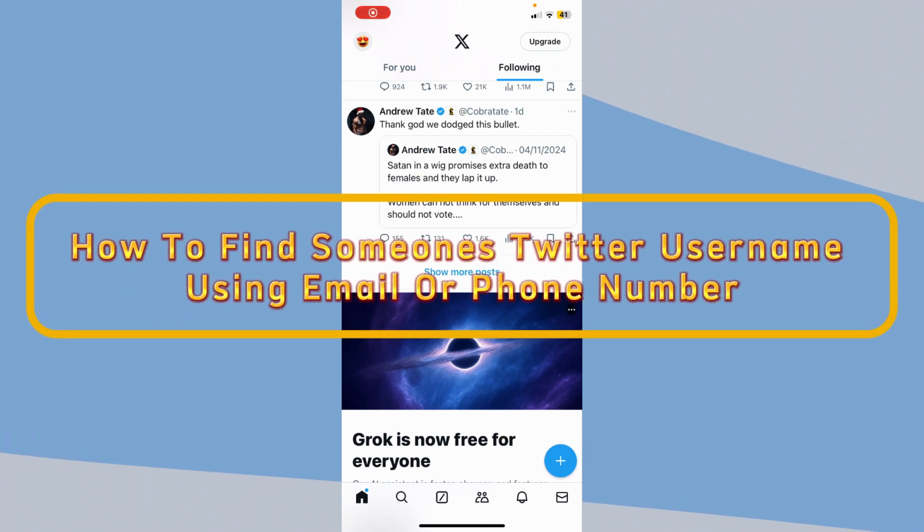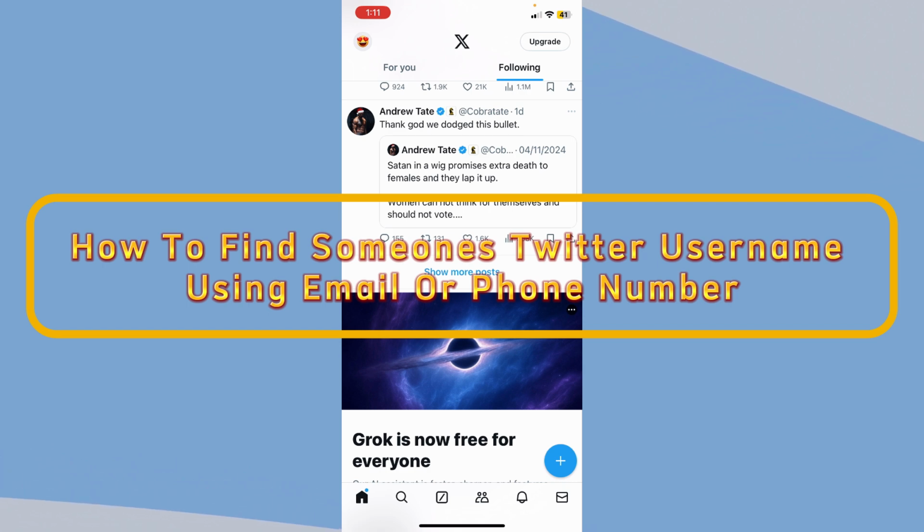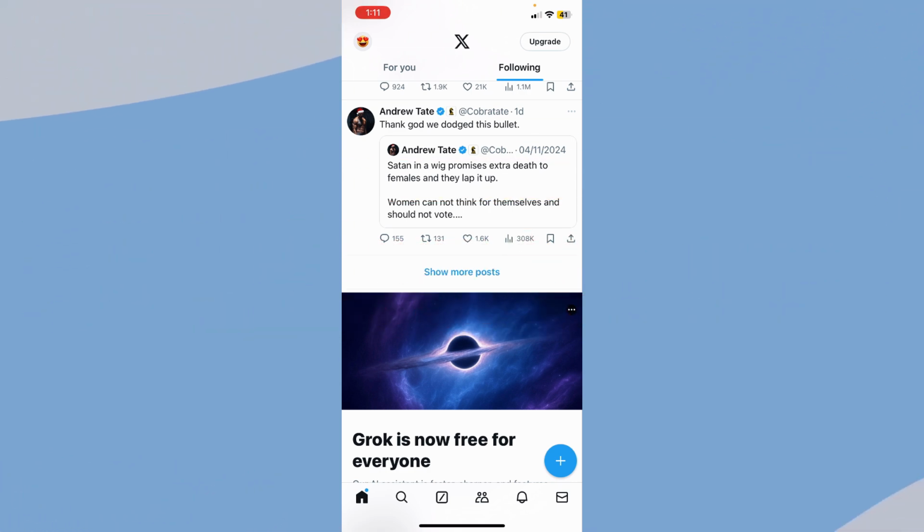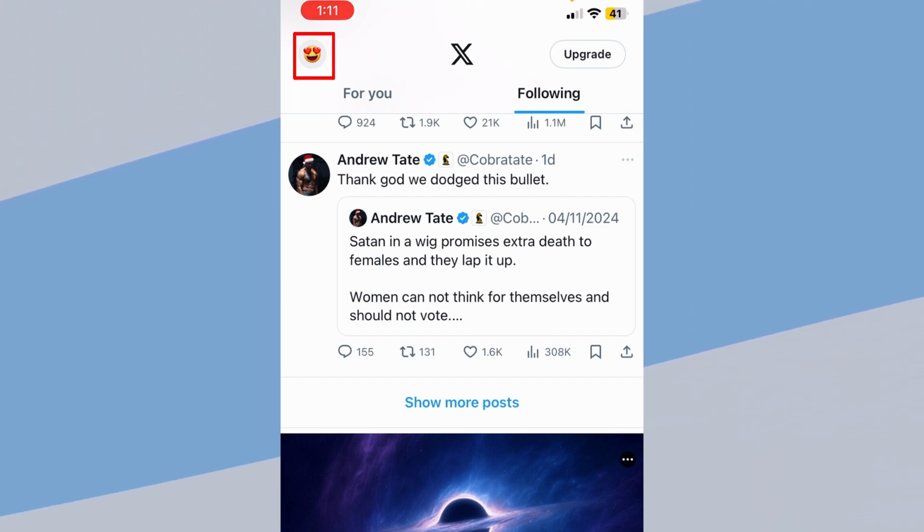Let me show you how you guys can find someone's Twitter username using email or phone number, or if you want to add someone using their phone number or email. Make sure they're added to your phone's contact list. After you add the person's email or number on your contacts list, you want to click on your profile picture